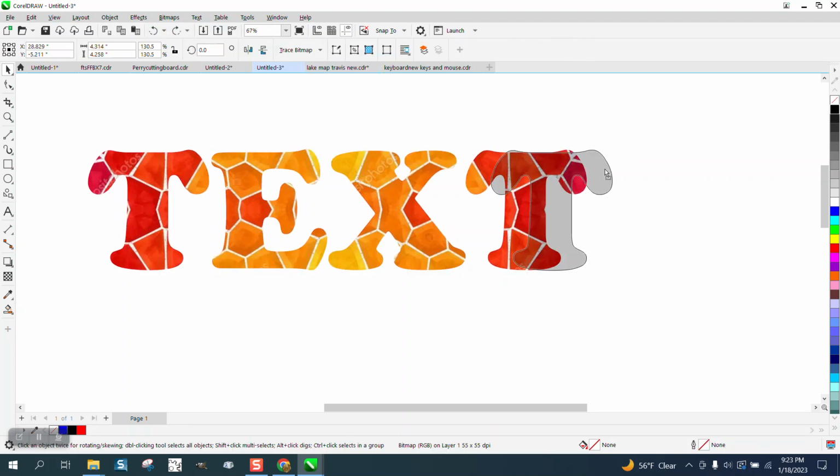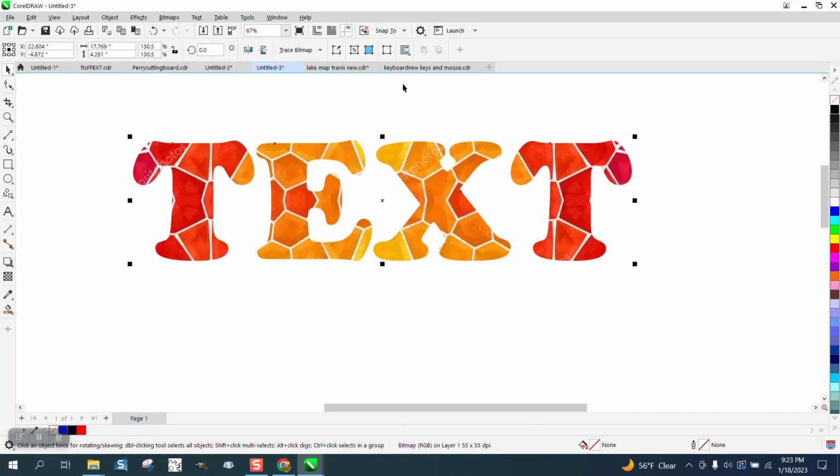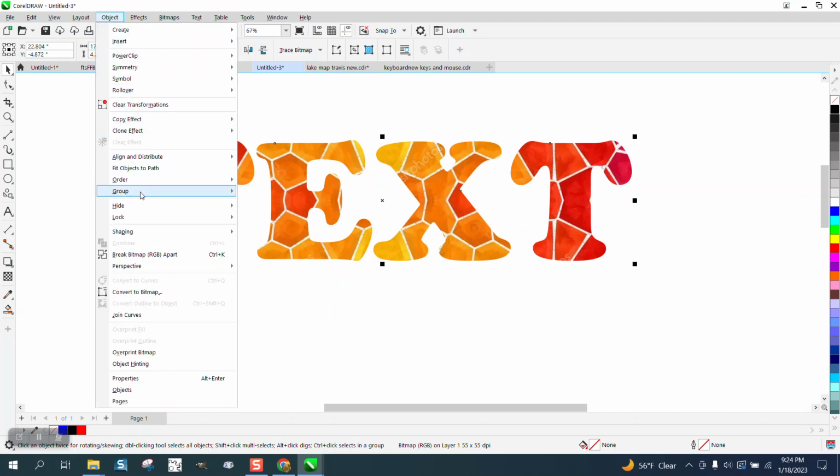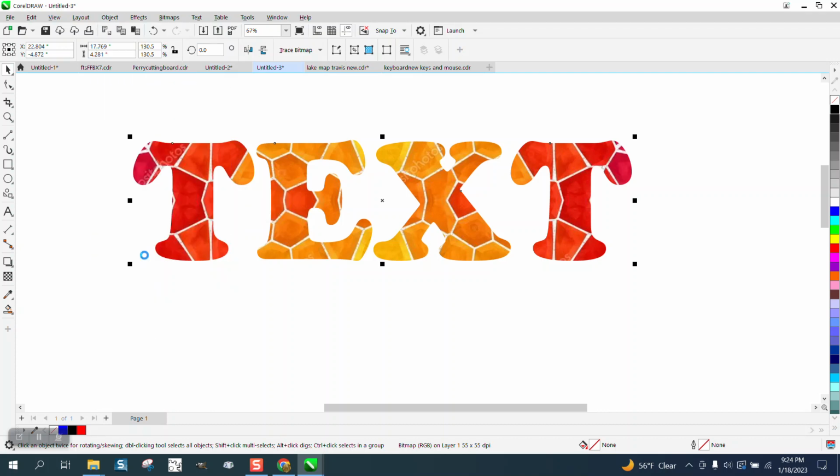So like right now, well, it's not back to where it was. There's back to where it was. The boundary tool doesn't open up. You can't put a boundary on it. You can't do anything. But if you will go to object and break it apart and then select it all,